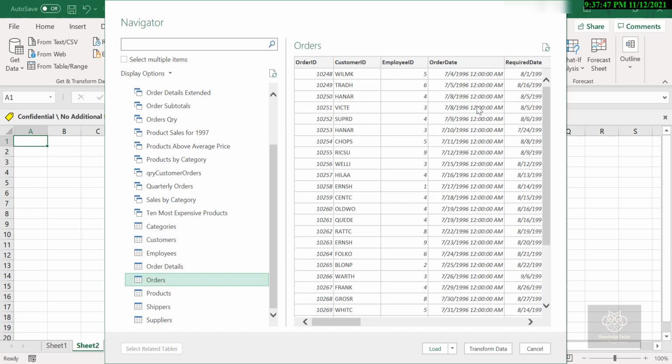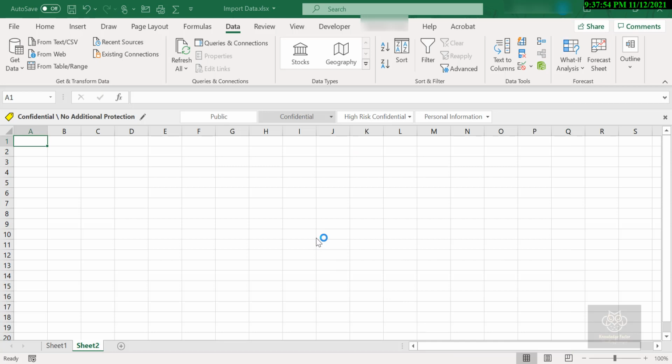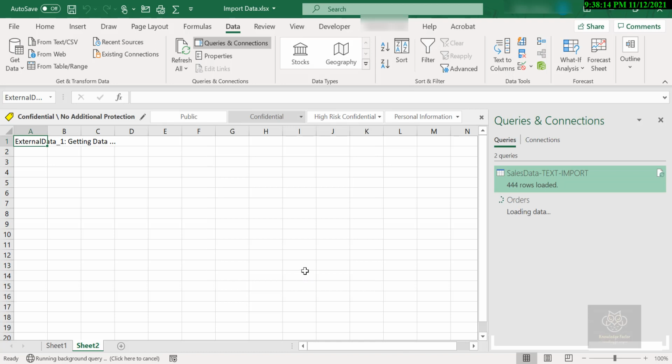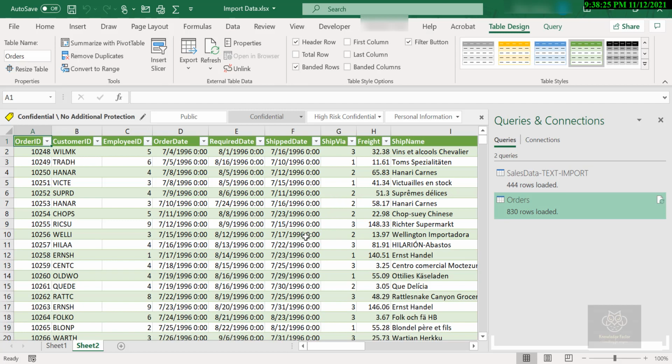So here I'm just going to go to the load and load to. I'll drop it into the table, and it will be the existing worksheet just like our text file, and I'll hit OK, and we'll give it just a moment, and it will update the data. Alright, so here's my data. So you did that import data from an Access database, something with lots of data in there. You may have thousands and thousands of records, and we can quickly make that connection and import that data.